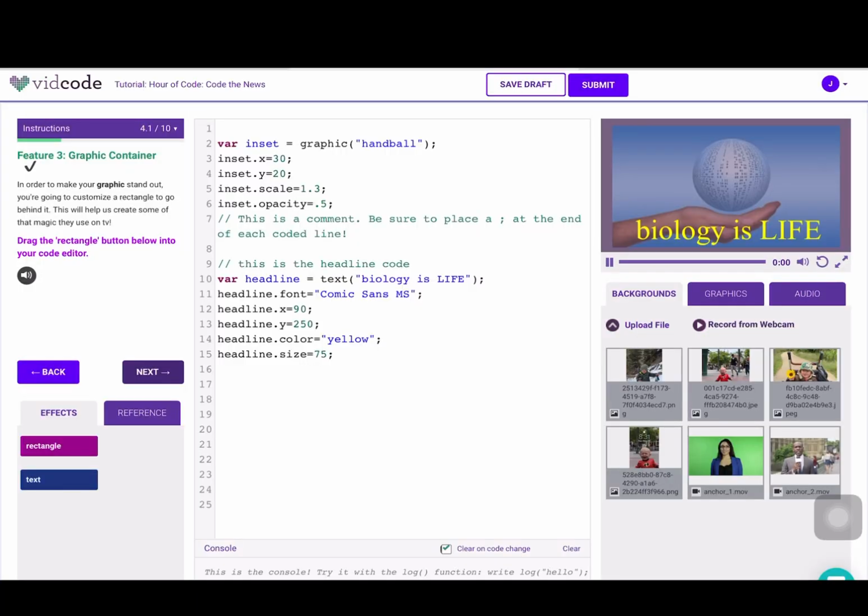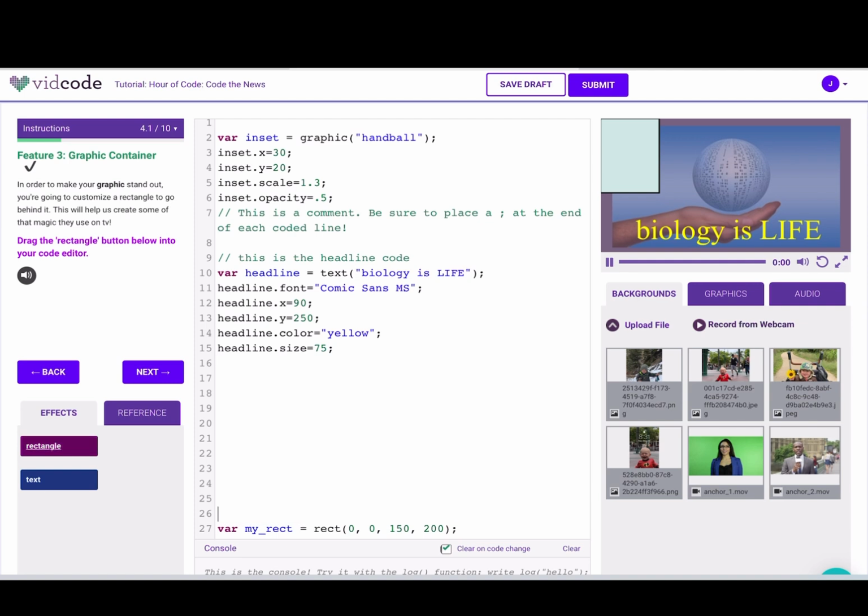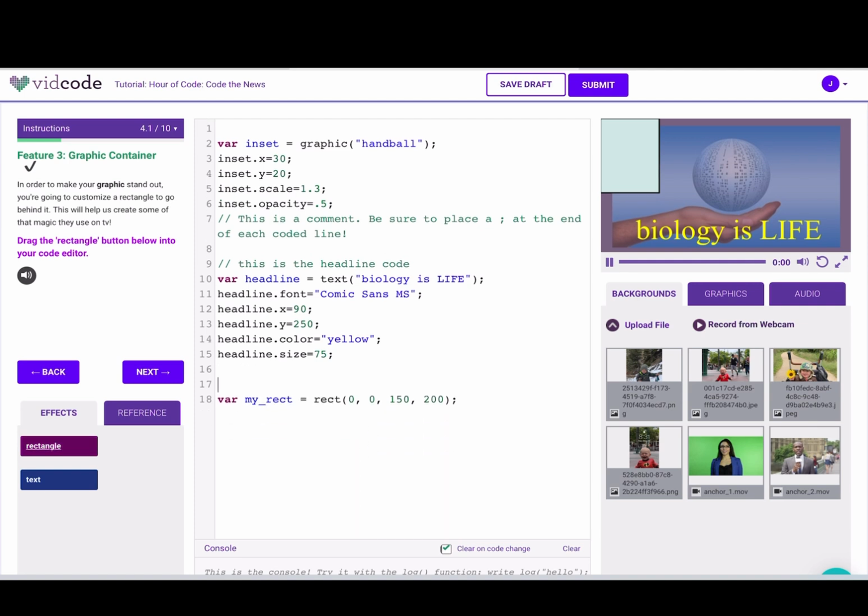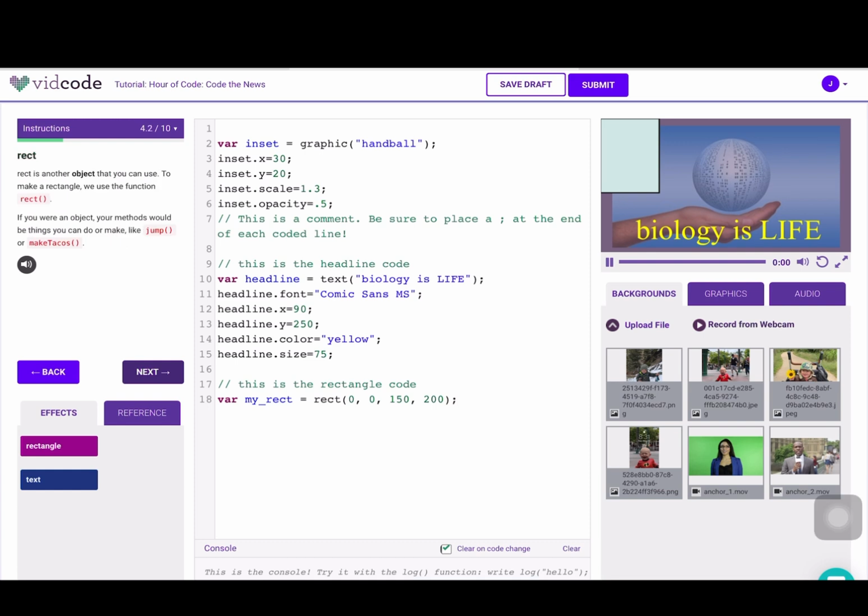Now moving on to section 4, where you are adding a box, which is called a container, a graphic container. So I moved in the rectangle, and I inadvertently did it twice, so I deleted one. Now you can also save some space between the different modules. You can see you don't have to write on every line, and you are also